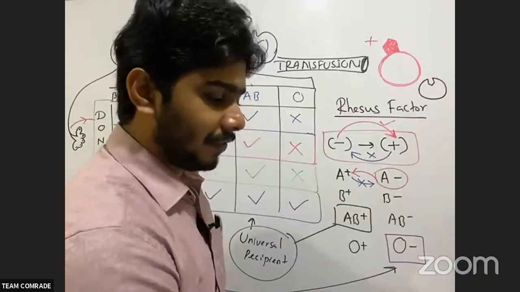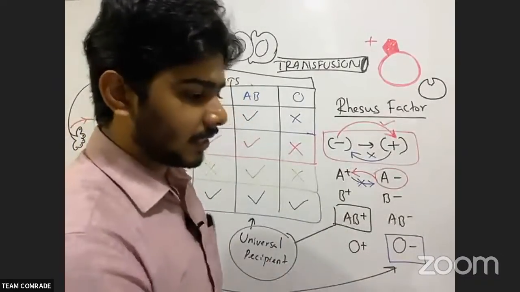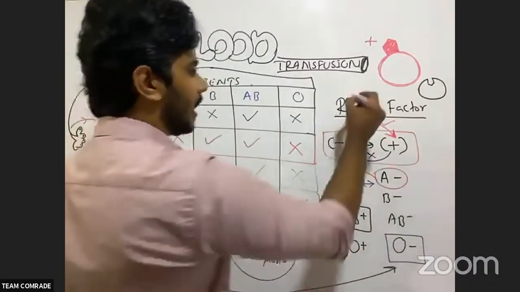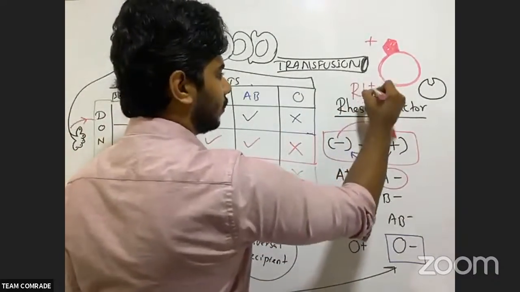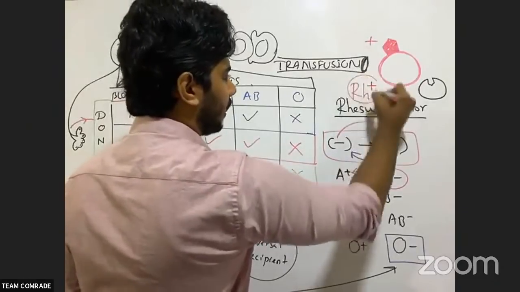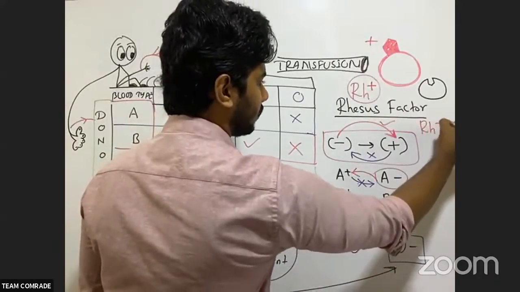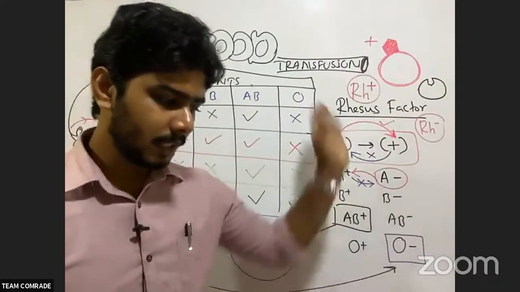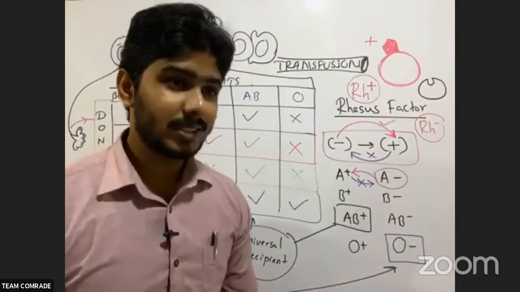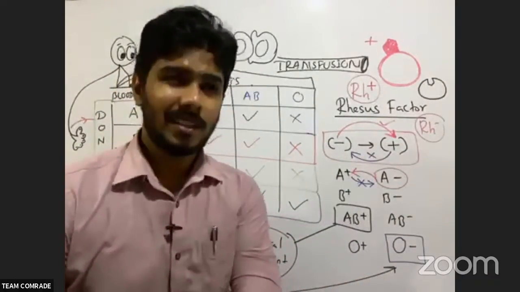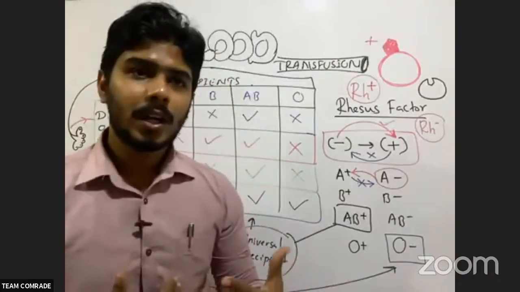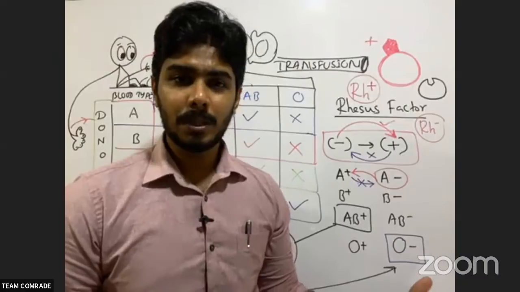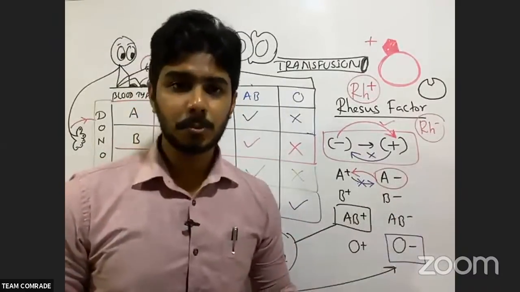Okay. The compatibility refers to the rhesus factor I explained to you. If the rhesus factor is present in one's blood, it is considered RH positive. Rhesus factor means RH, capital R, capital H, that we call RH plus. And if they don't have that, RH minus. If the rhesus factor is absent in one's blood, that we call RH negative. This becomes a problem when an RH positive man marries an RH negative woman. That becomes a big problem.